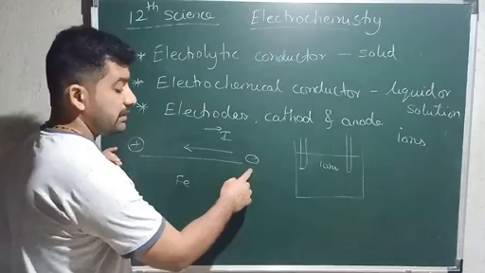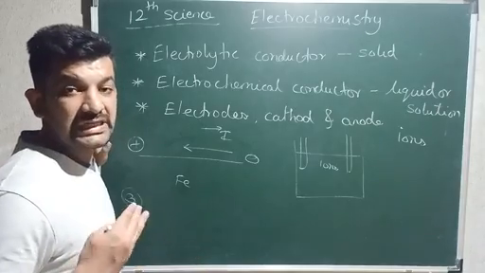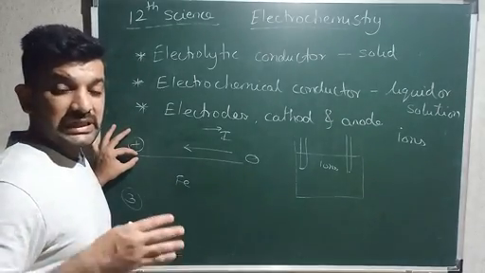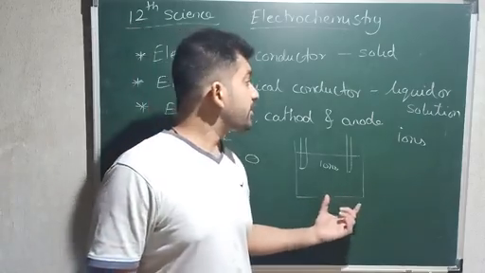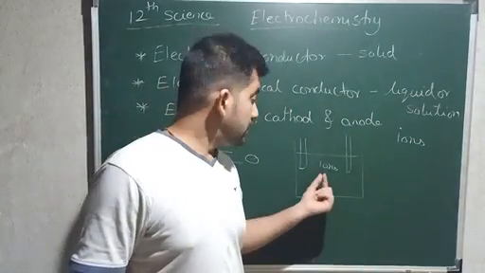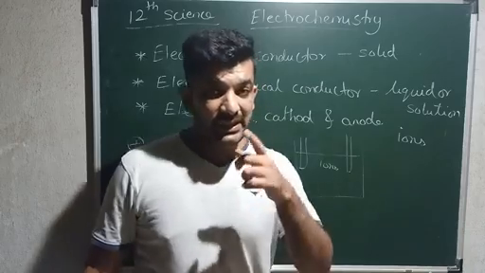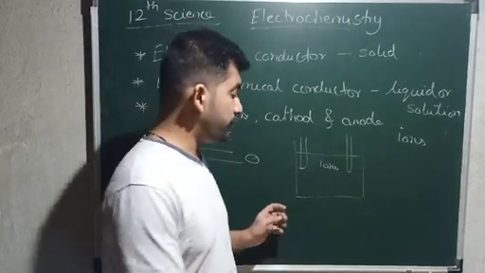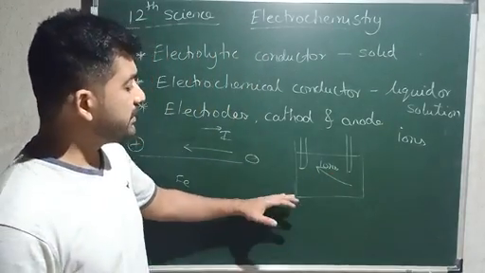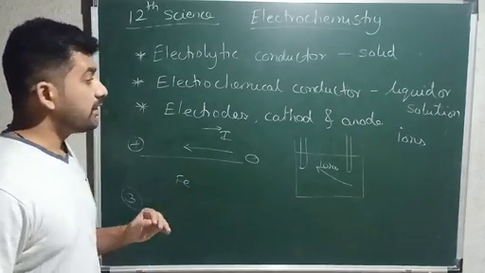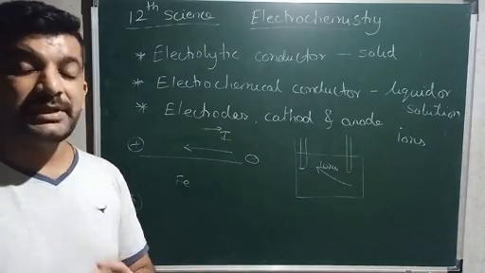The third point of differentiation is what? If we look at a cable, the atoms in that cable are steady, they are not leaving their position. Only electrons are moving. But in an electrochemical conductor, the ions present in the solution dislocate their position, move throughout the solution, and carry current. So this is our third point of differentiation, where electrolytic and electrochemical conductors can be separated.